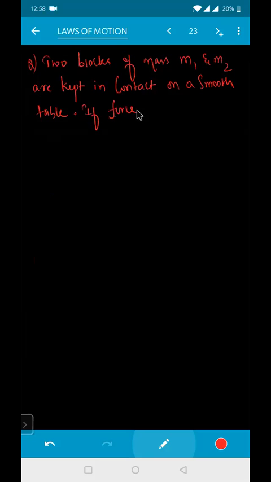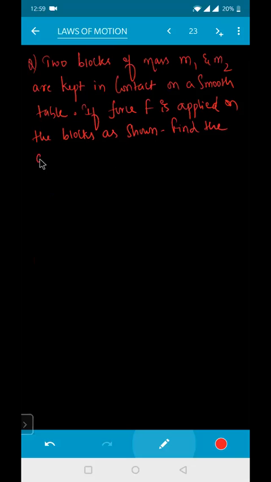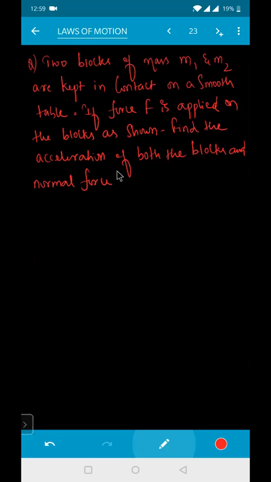If force capital F is applied on the blocks as shown, find the acceleration. अब तक अपने जो फॉर्मूला आया खाली न्यूटन सेकंड लॉ से F इक्वल टू ma है, उसी से हम लोग निकालना है। Find the acceleration of both the blocks and normal force between the blocks। क्वेश्चन अच्छी तरह से समझो पहले,